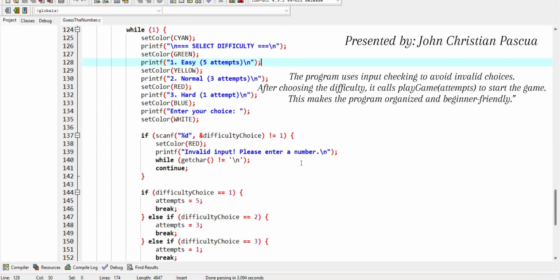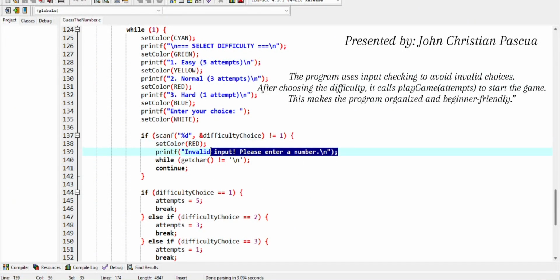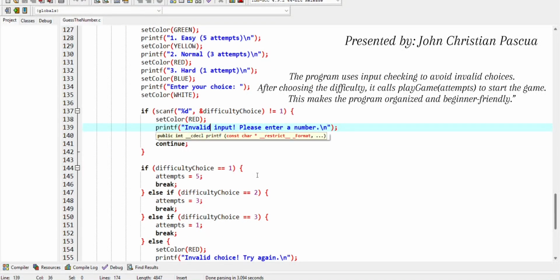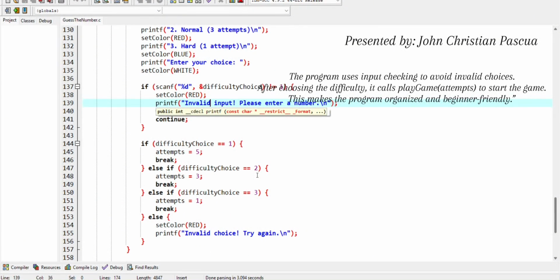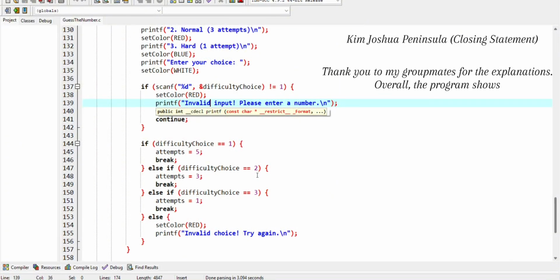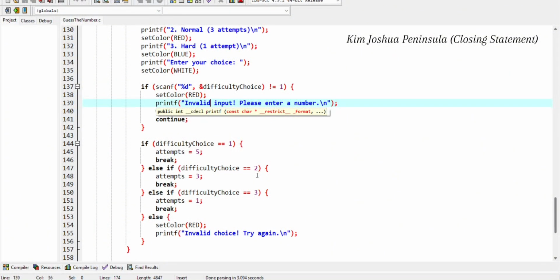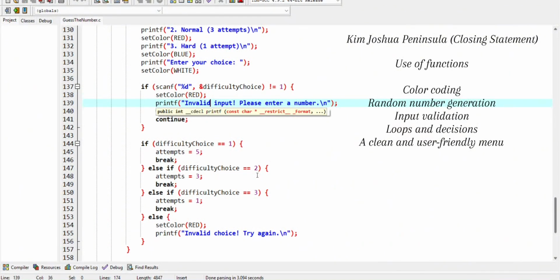After choosing the difficulty, it calls playGame(attempts) to start the game. This makes the program organized and beginner friendly. Thank you to our group mates for the explanation. Overall the program shows use of functions, color coding, random number generation, input validation, loops and decisions, and a clean and user-friendly menu.